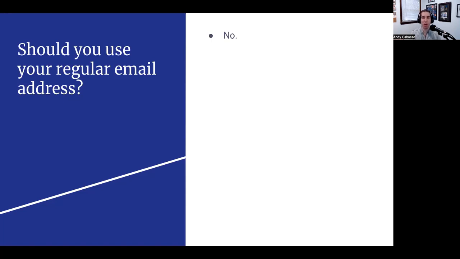I have heard of that happening to people, and trying to dig your way out after seeing low deliverability, in particular if you end up in the worst case scenario on a spam list, is extraordinarily difficult. So as a best practice, what I recommend is using either an alternate domain or even a subdomain.